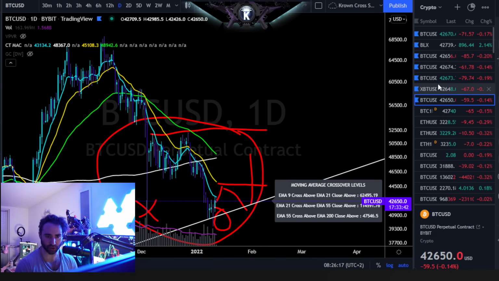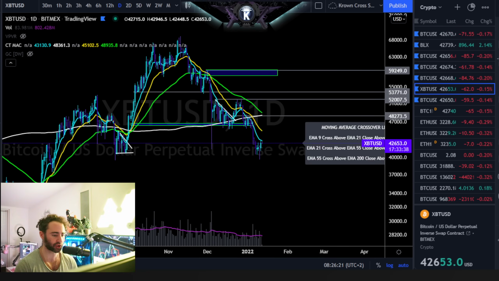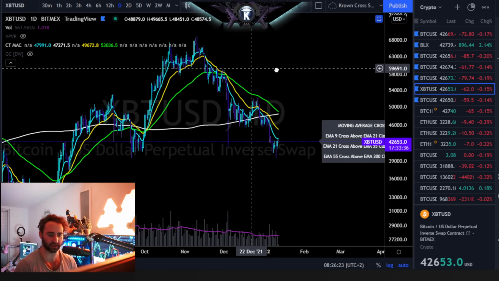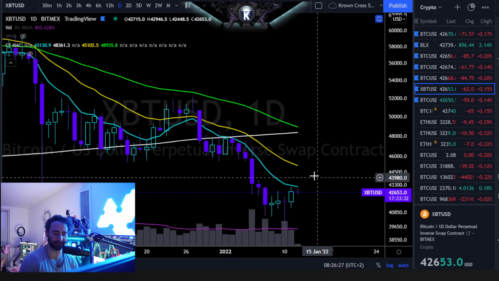Let me actually go to a fresh chart here. I'm actually working off of a completely different chart here. This is the one that I actually used to test my strategies, in fact. Anyways, more info to come on that later, I guess.